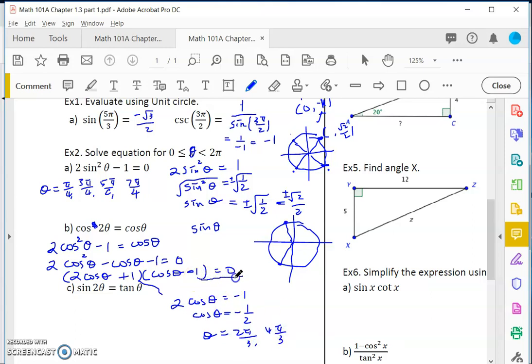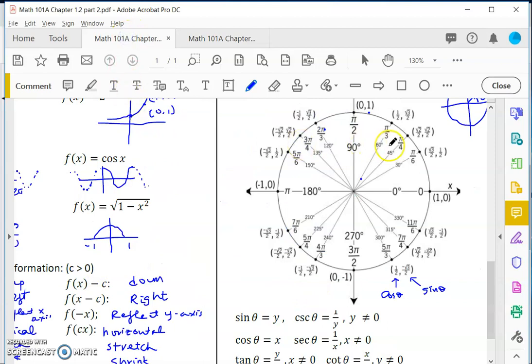That's the first one. The other one would be cosine theta equal to 1, right? So where is cosine theta equal to 1? Look back at the unit circle. Where's my x equal to 1? So it's only here, right? Only